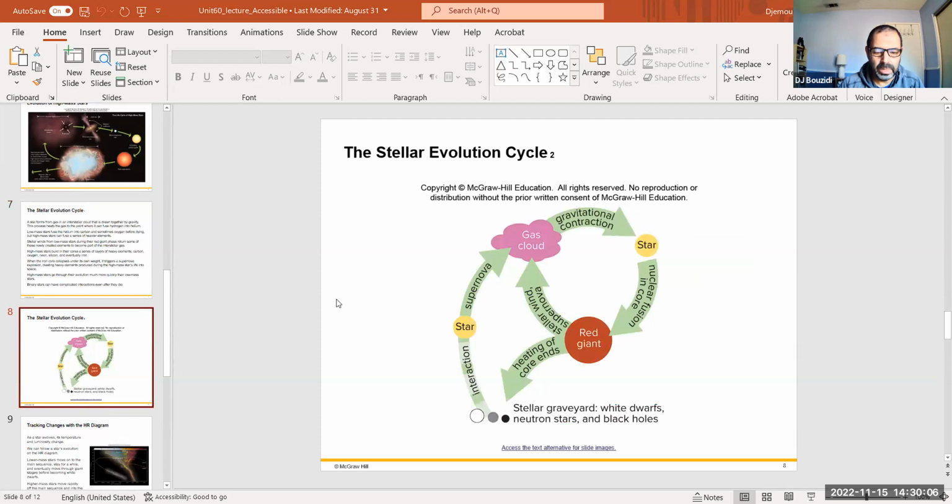So again, these are the three outcomes. A white dwarf is about the size of the Earth in terms of physical size. So it's a big star. And for example, one of the famous ones is actually